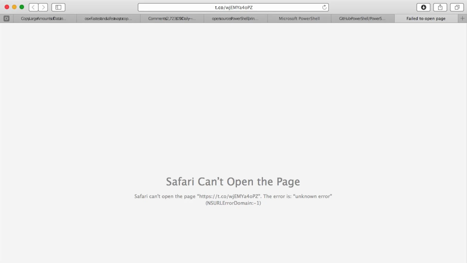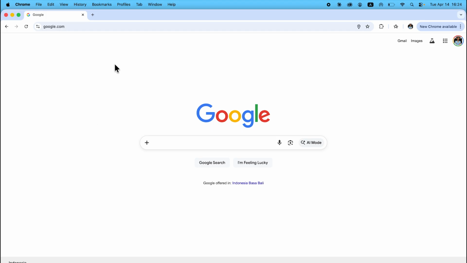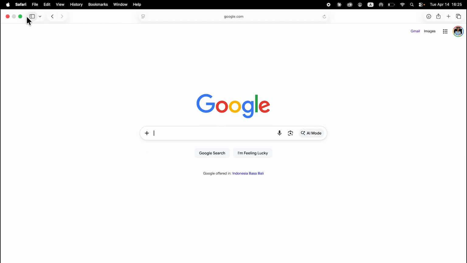How to fix Safari can't open the page on your MacBook computer. So if you're trying to open a website and you're getting this error message, I'm going to show you a couple of ways on how to go and solve the issue. So first thing we're going to do is just go and load up a Safari browser, and then you'll need